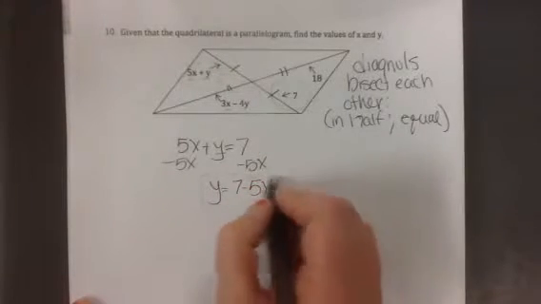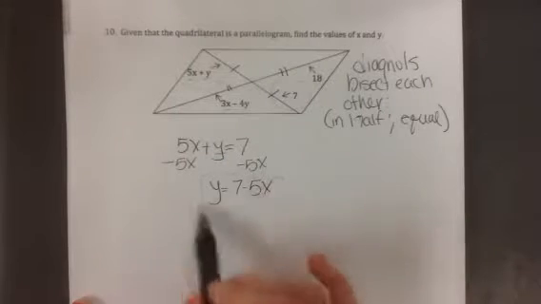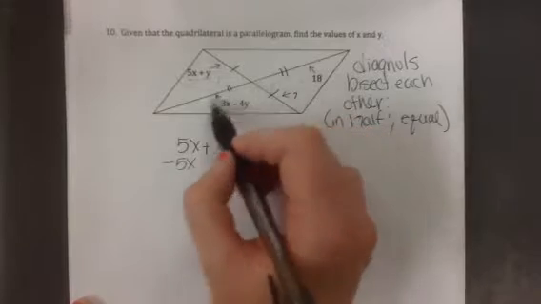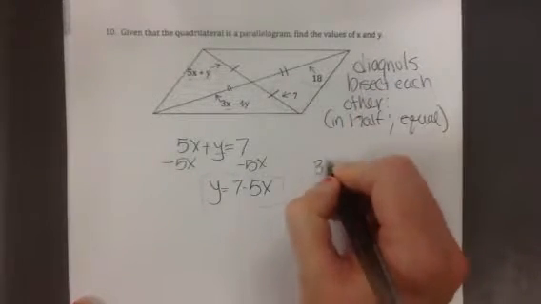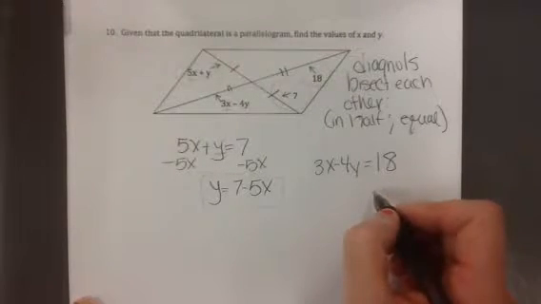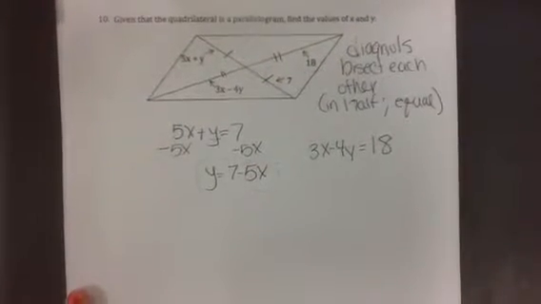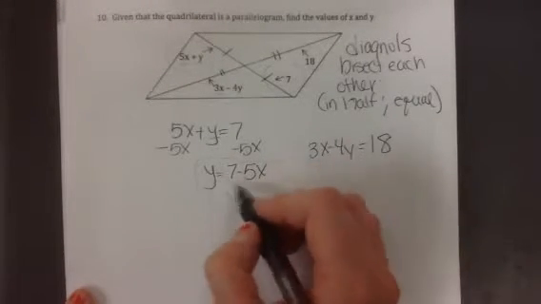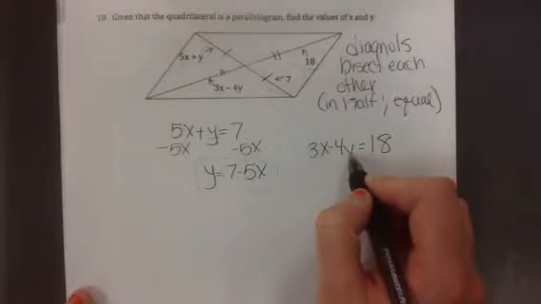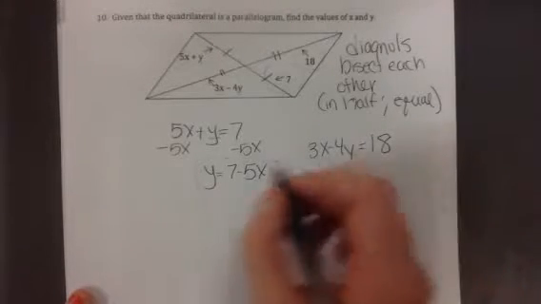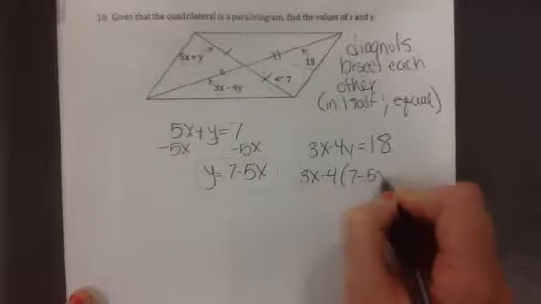So key idea here. I saw many of you had this on your paper and then didn't know what to do with it. What we do next is we're going to take this other side. So we have 3x minus 4y is equal to 18. Once again, we still have two variables, and that's not ideal, but notice we did solve for y in terms of x. So we can put this value in for y here, and then we'd only have x terms to be dealing with. So we have 3x minus 4 times y, which we now solve for, is 7 minus 5x